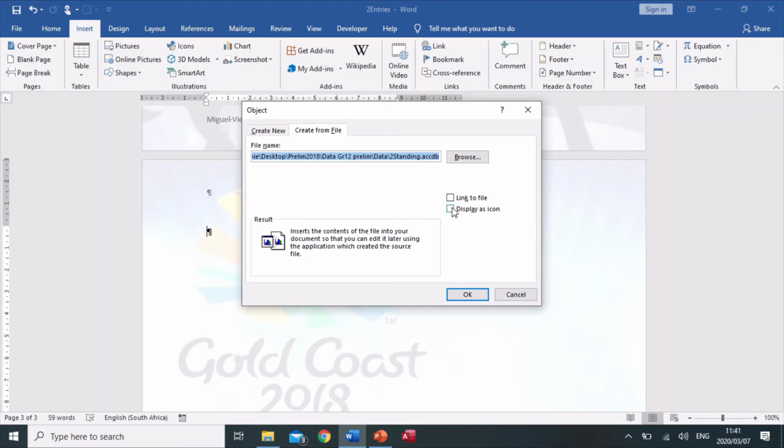So display as icon has to be ticked, and they said the folder must be a link at the top of the last page. So we can also click on link to file. If we don't, it will still work. You can still double click on it, it will still go to that file, but if you change something on that file and